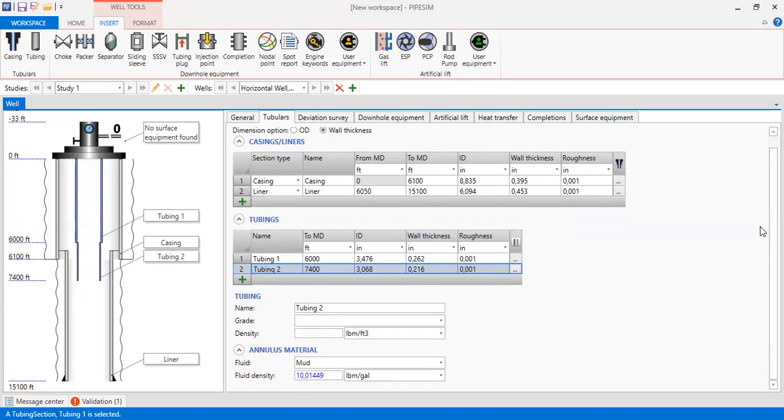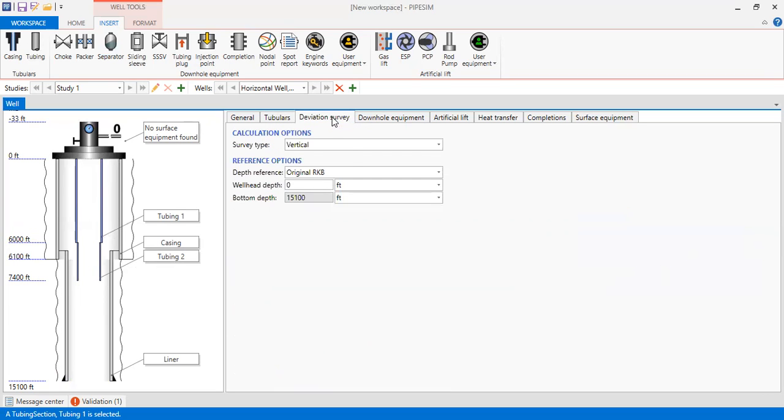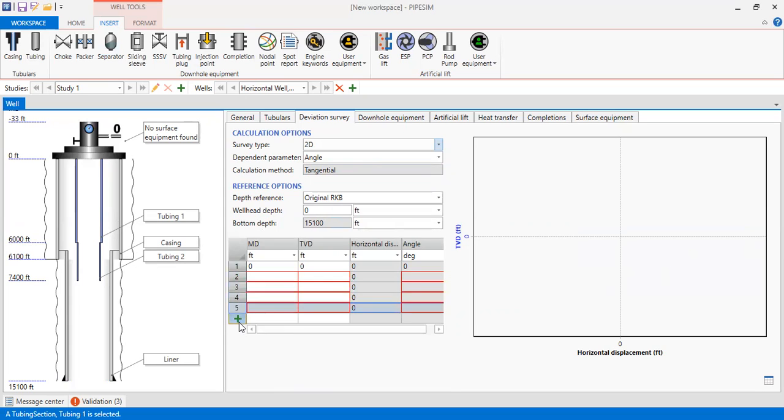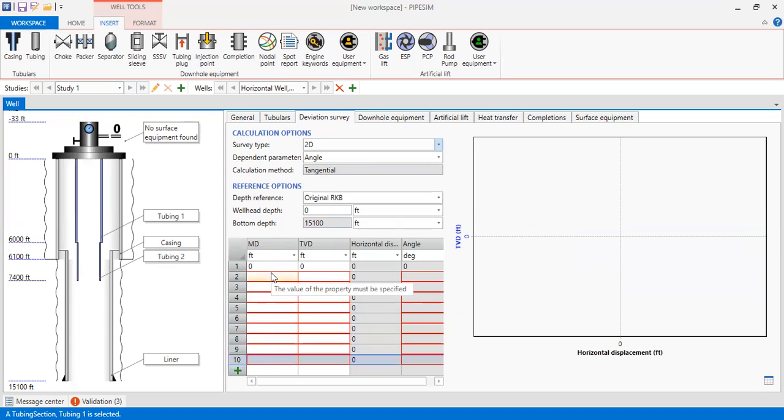Right, so from here we go to deviation survey. All right, we will have horizontal well, so we go to 2D. Well head depth at 0 and bottom depth at 15,100 feet. And this table will be quite long. All right, so you can follow me. You can bear it for a while. All right, 0 measured depth, 0 true vertical depth, and after that 500,